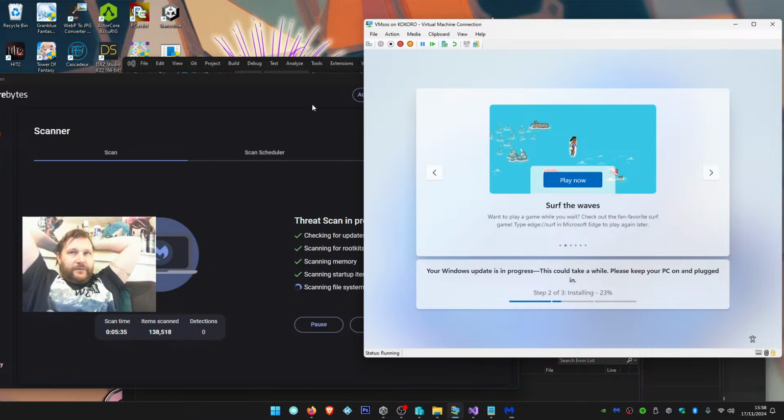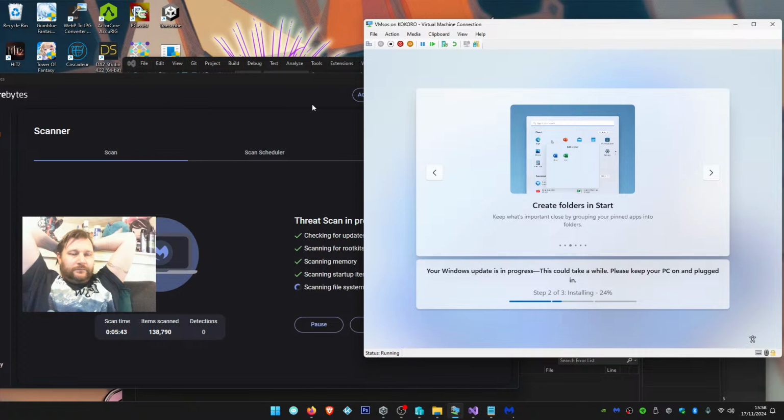It's taking forever. Yeah, the only other time I've seen it happen is once when there was malware on my computer,